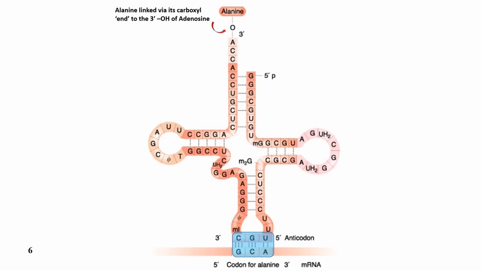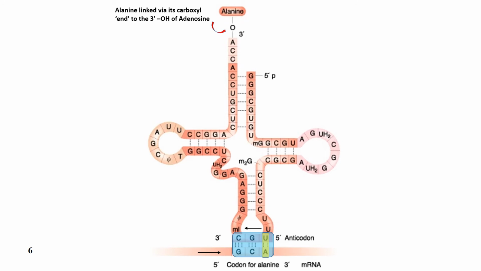In other words, when we read the mRNA in the 5' to the 3' direction, it will associate with the tRNA in the opposite direction. So the GCA codon on the mRNA will bind to a UGC anticodon, reading both of those sequences in the 5' to 3' direction. The other thing that I want to highlight here is that the